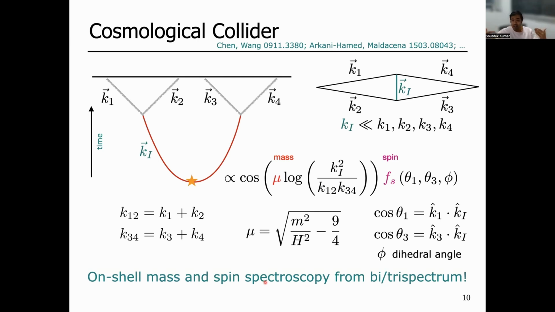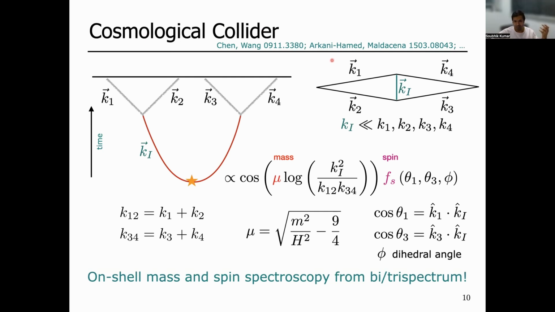And this idea can also be repeated using the bispectrum or the 3-point function. The interesting aspect of all of this is that these particles are as heavy as the Hubble scale, and the Hubble scale can be as large as 10 to the 13 GeV. So in principle, you are doing this on-shell mass spin spectroscopy of extremely heavy particles that you cannot produce in terrestrial or astrophysical settings. So the primordial universe is basically providing us with a very high energy collider,